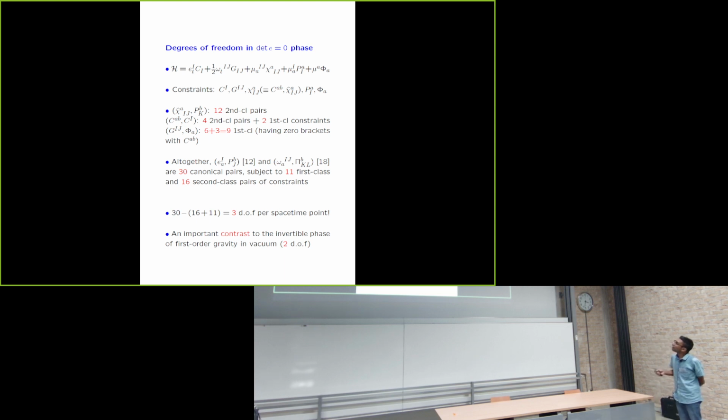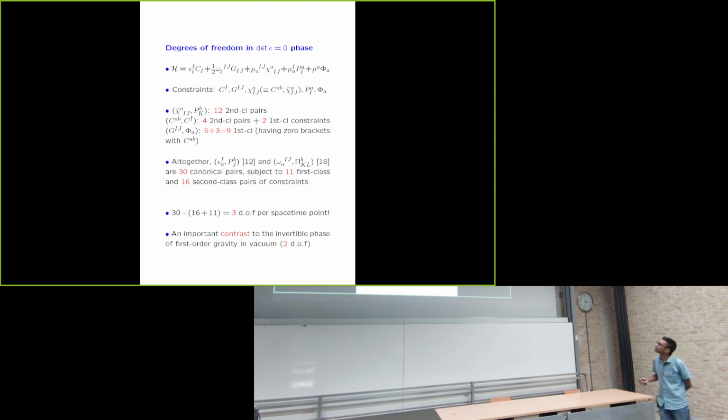So now we know the algebra, so let's count the first and second class pairs and fix the degree of freedom count. We have essentially 12 second class pairs, and we have 4 second class pairs in this line, which are 6 CABs and 4 CIs. So 4 of them are second class and 2 leftover CABs are first class, which have vanishing bracket with this rotation and the phi A primary constraint, which are the only remaining constraints. So the rotation and boost and these 3 primaries are again another 9 first class constraints.